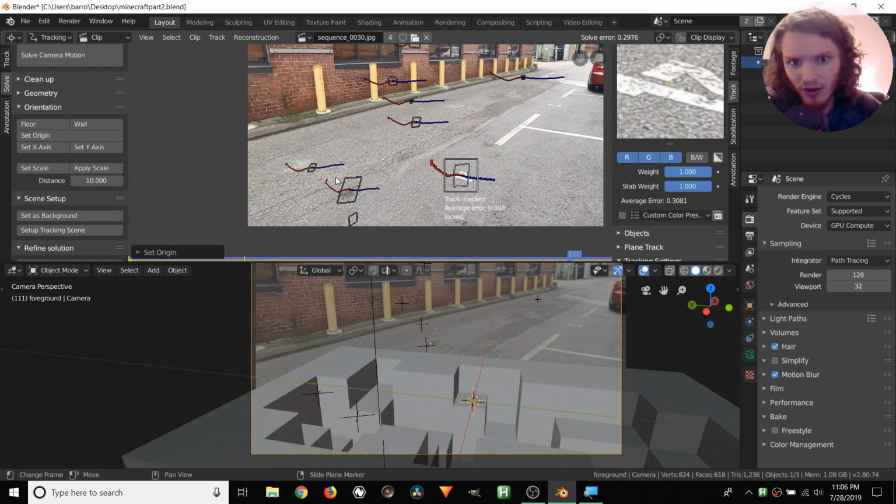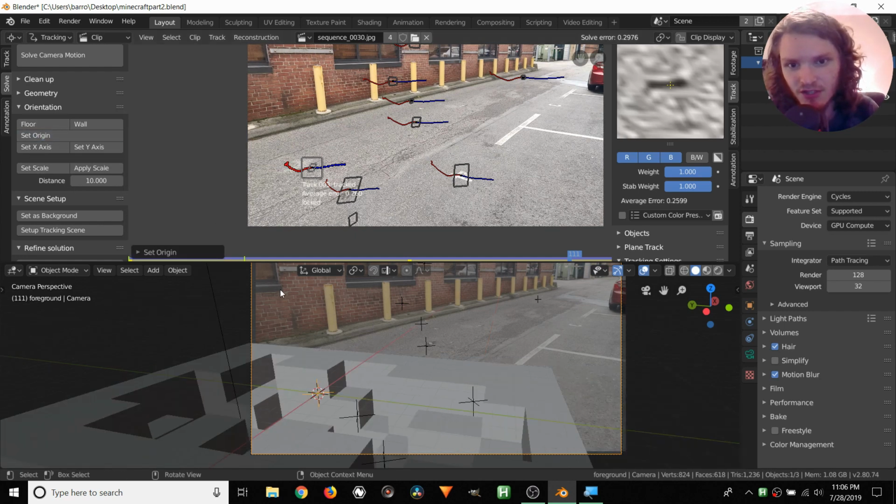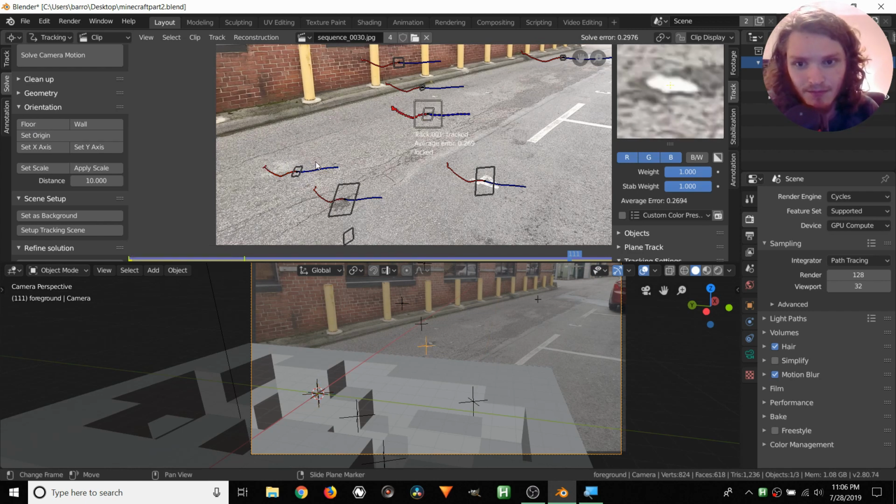And now we need to do our rotation. There's no real good way to do this, so I'm going to set this right here as the origin, and I'll explain it in a second. So this is our origin, and then relative to this origin, I'm going to pick this tracker. If you think about these two as a set of two trackers, they form a line in 3D in between them, and we can say, Blender, make that line the x-axis or the y-axis. So let's say, I think y-axis is a bit more natural.